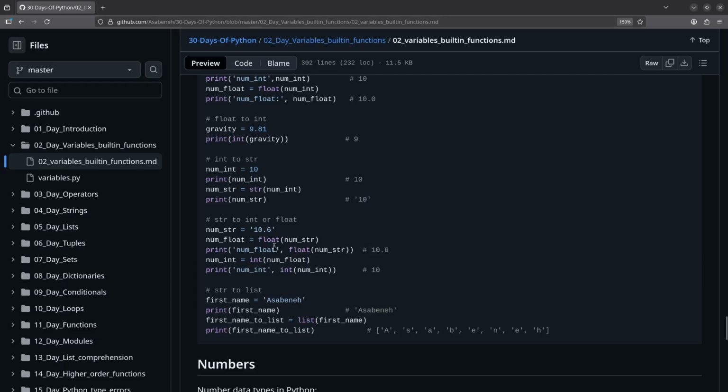And if we were to do that to a float, the string value, and convert it to a float, since the string value is 10.6, and you print out the float,